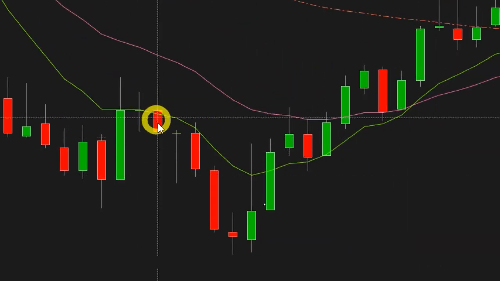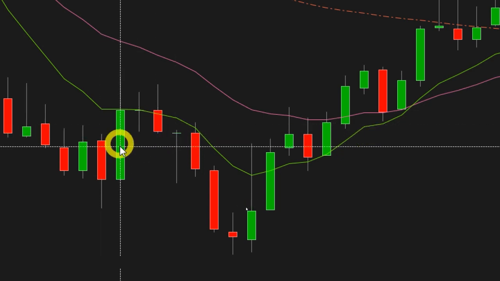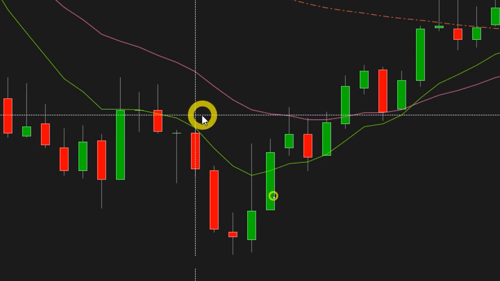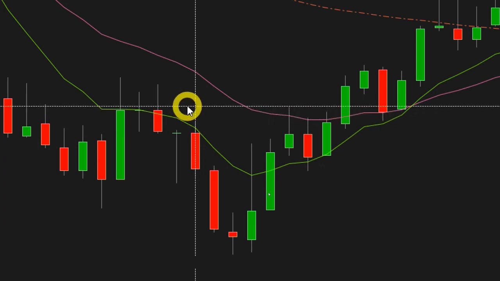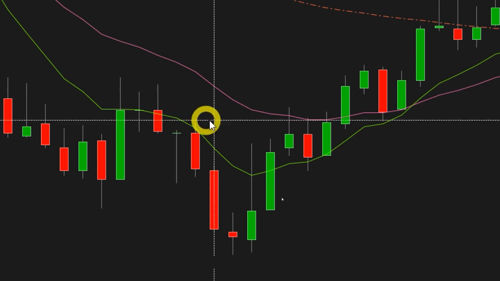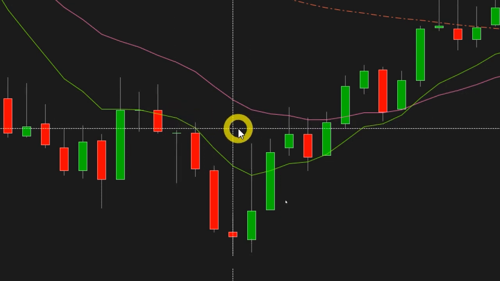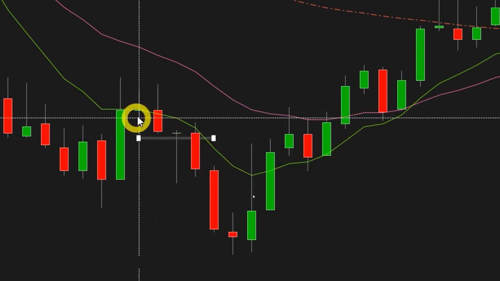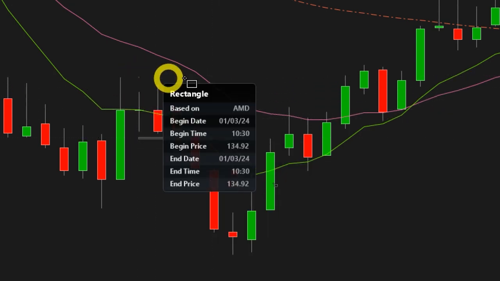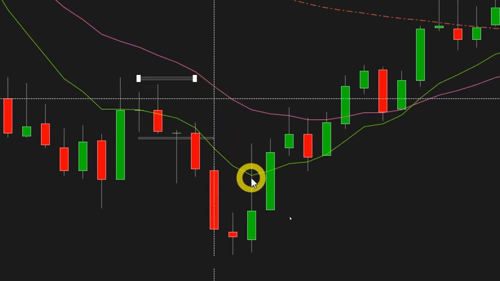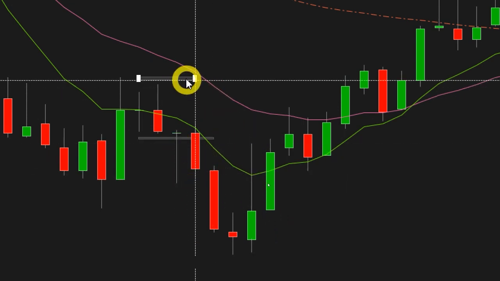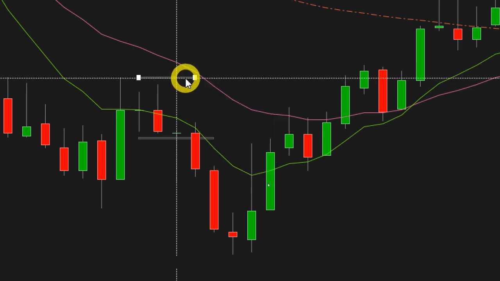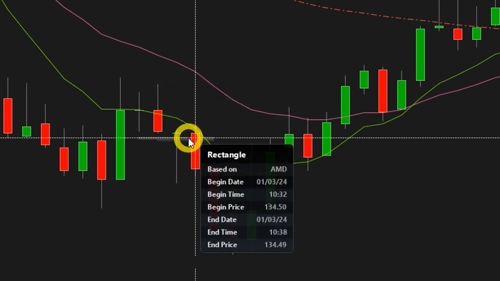Okay, here's another one I want to remember. When it comes back up into the 8 and puts in some kind of a pintail or something, this would have been an interesting place to try. If I were to get in right here underneath this red candle, my stop would have been up here. And after it went down like that, I would have taken my stop. I'm pretty sure I would have broke even on this trade